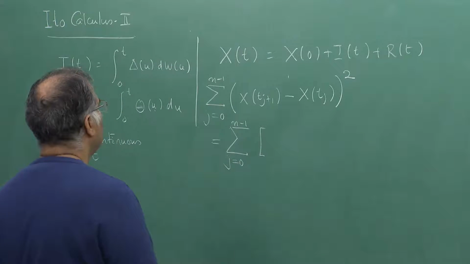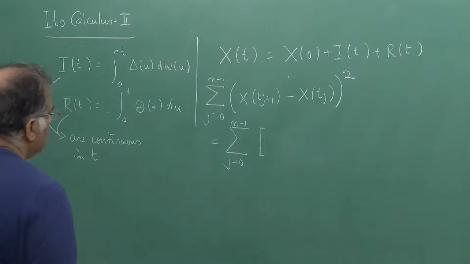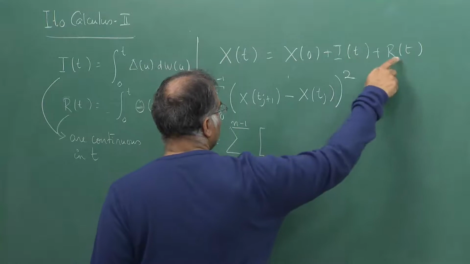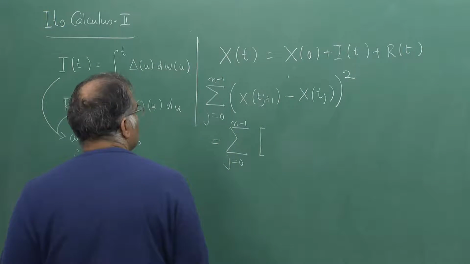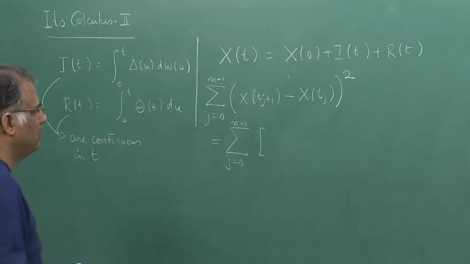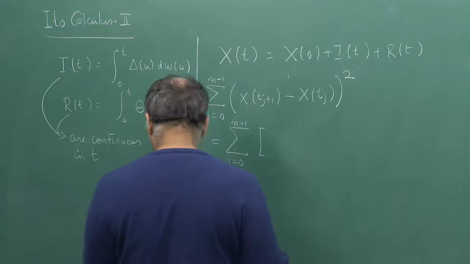Now you know what does this mean? This means x0 plus I tj plus 1 plus R tj plus 1. So, x0 gets cancelled. So, essentially down here when you expand it as a whole square, you essentially get